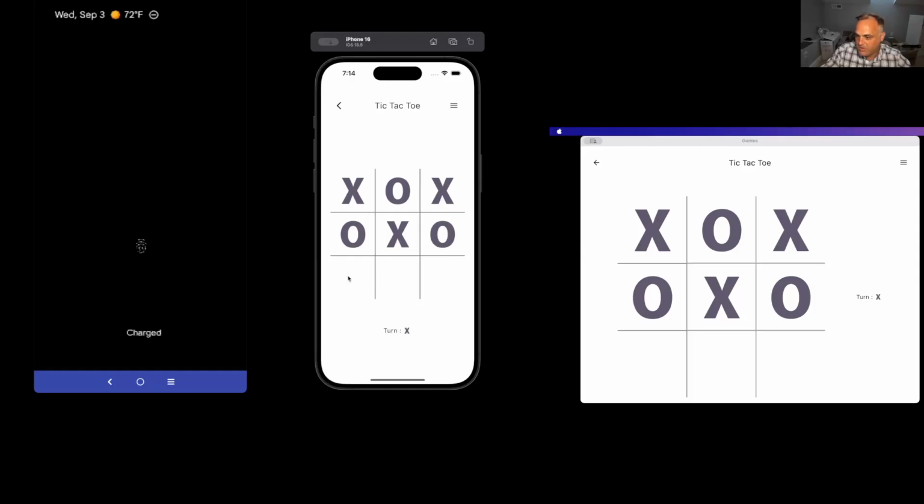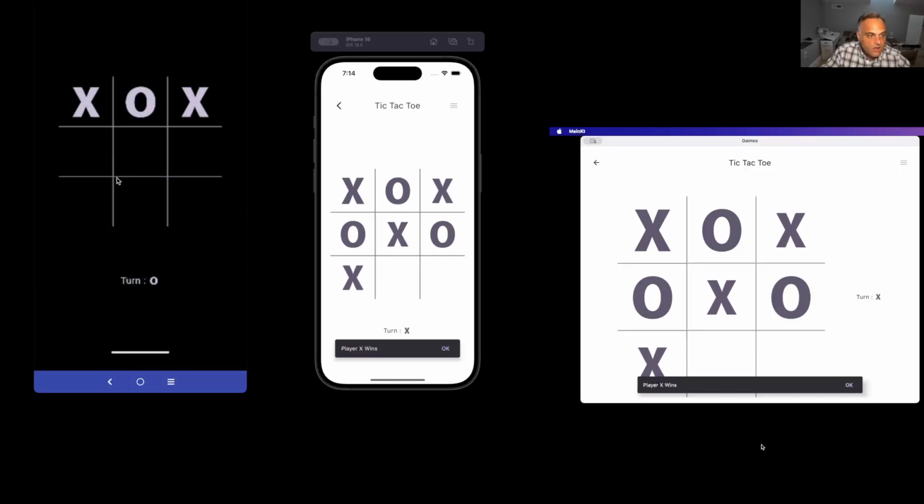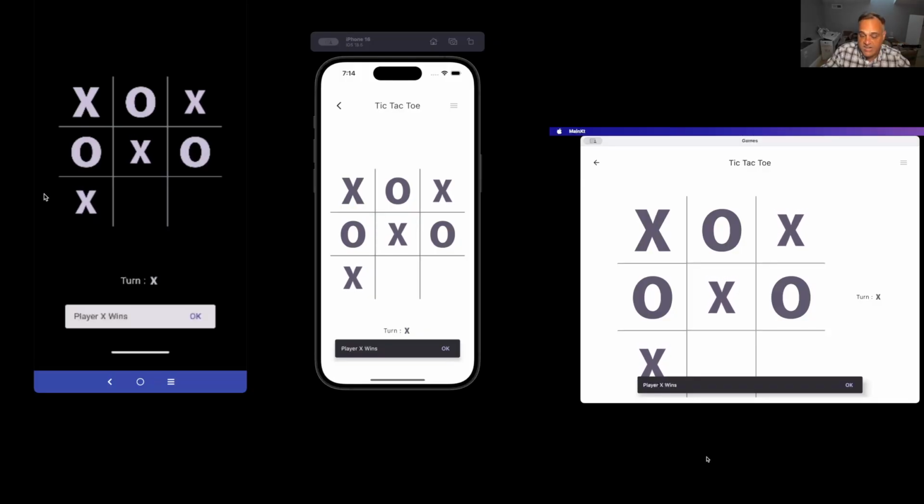Alright, so now the game's going to end. And see that little pulsing icon, animation rather. That took me about 3 hours to do. Actually, maybe even a little bit less. That's how simple animations are on Jetpack Compose. So then when we